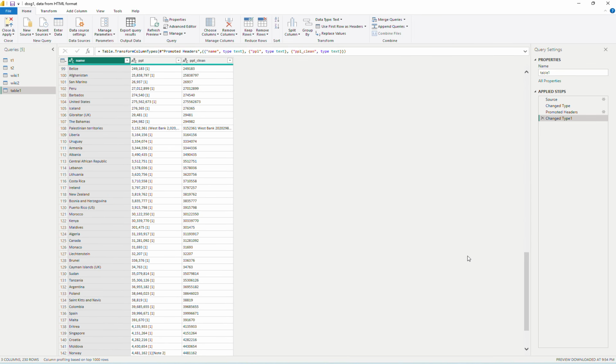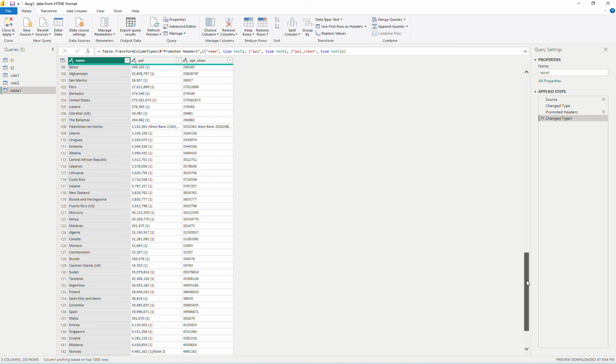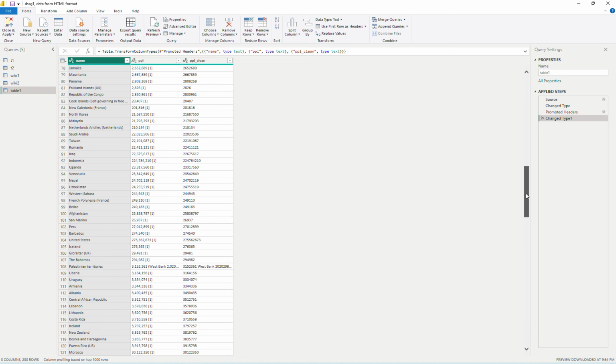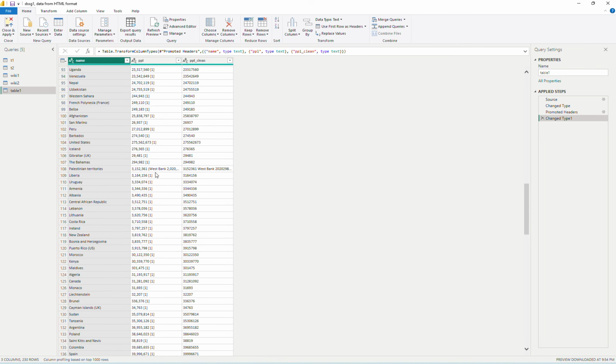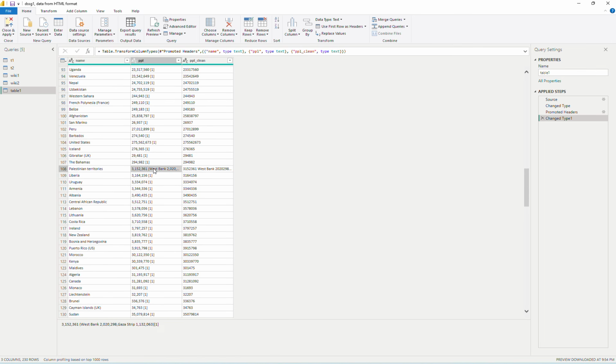I think this one has a problem here. You can see the West Bank, it has some problem in here already. So I think in this case, the West Bank is not